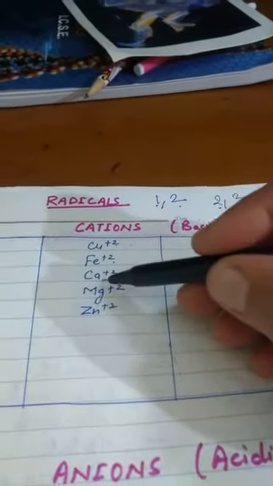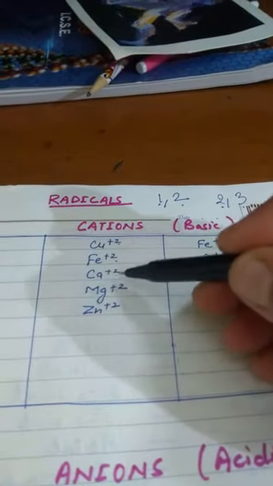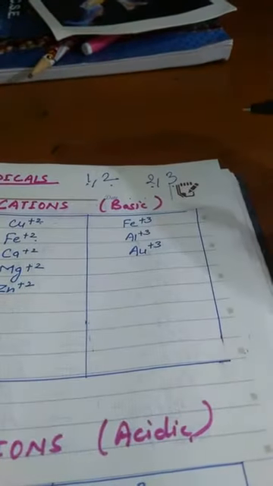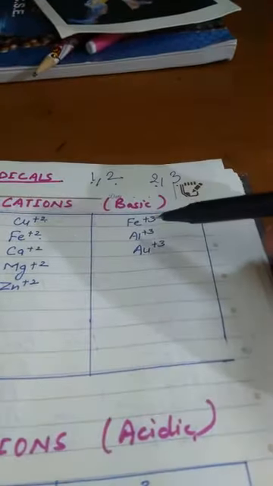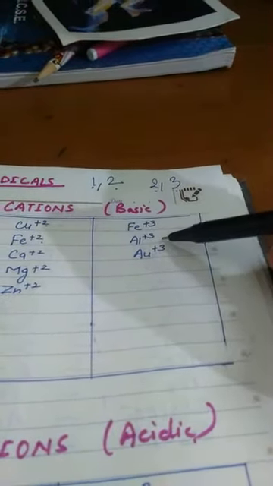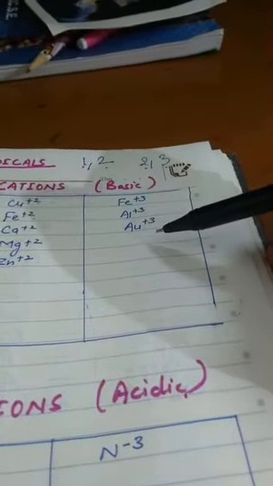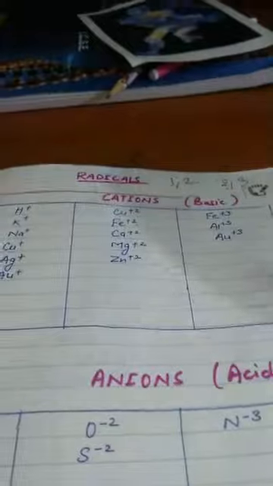Then we will write calcium, magnesium and zinc. Calcium, magnesium and zinc also show plus 2 valency. Then in the last column, there are only 3 elements. One is iron, which we already know has 3 valency. One is aluminium +3, and one is gold. So gold also shows variable valency. We have written gold in the first column and also in the third column. In this way, make 3 columns and write again and again until you learn all the radicals.